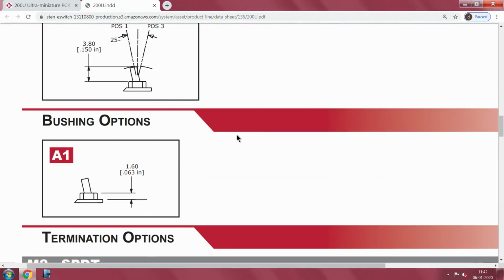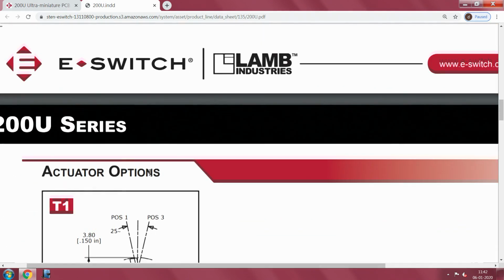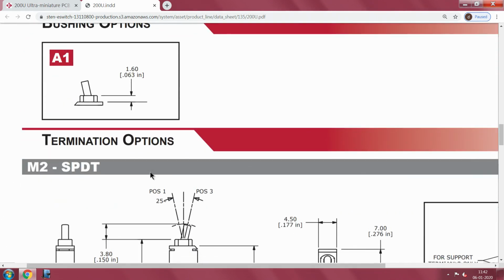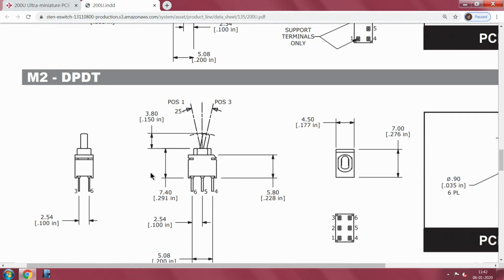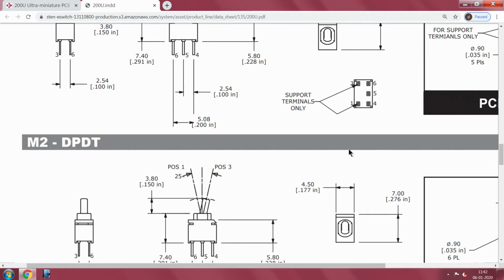So, they have given, if you see the options here, for example, here we have the single pole double throw, next one is double pole double throw, good enough. Now, you come to the other thing, then what happened to the support terminals? You see here in this case, that same thing is used for support terminals.